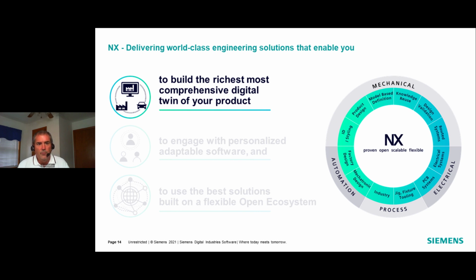We do supply you with the most comprehensive digital twin. This will allow you to break down the silos and have a true multi-domain coverage with closed-loop performance engineering and automation, which significantly improves quality and decreases time to market, all while extending the digital twin beyond just design for consumption across the entire enterprise. The foundation of the digital twin is the digital twin of the product. The creation of the digital product starts with NX.